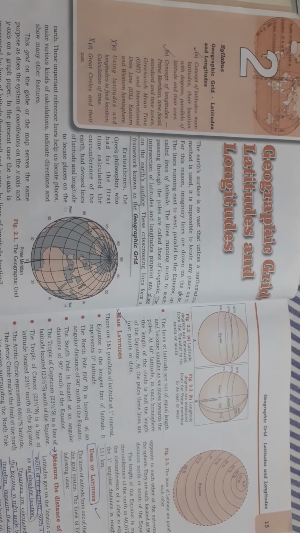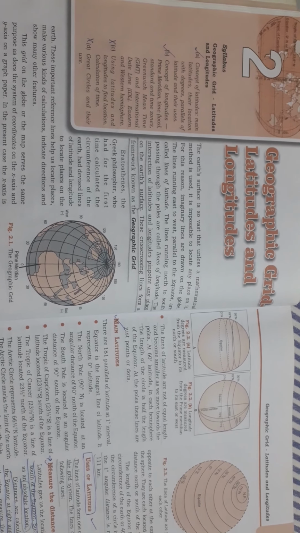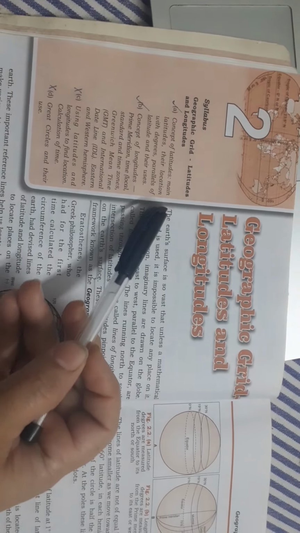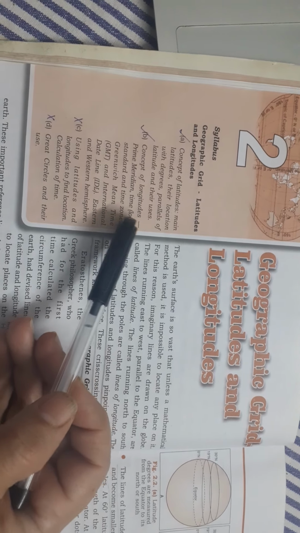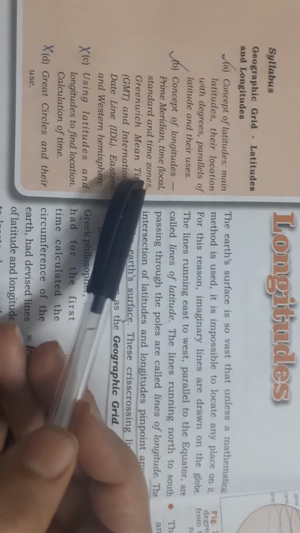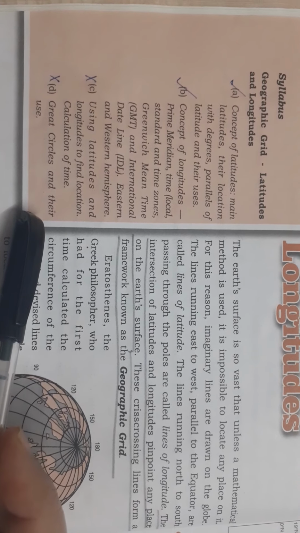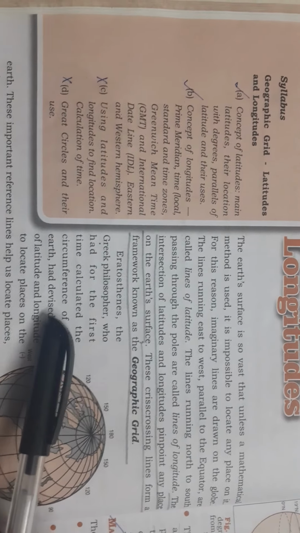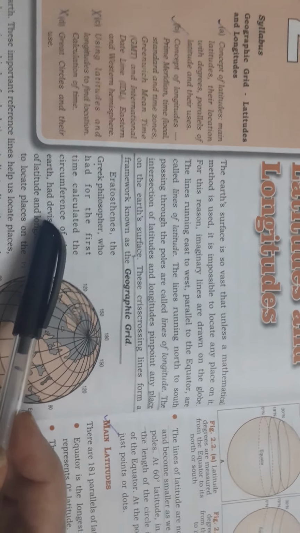This is a video about your ICSE Grade 9 Geography Reduced Syllabus, chapter number 2, that is Geographic Grid, Latitudes and Longitudes. Now, if you see the syllabus, always keep an eye on the syllabus box. The first part, A and B, are fully in syllabus, whereas part C and D are not in syllabus. So you can easily mark here, but inside the chapter also you need to see which headings are in syllabus and which are not. So let's go through the chapter.